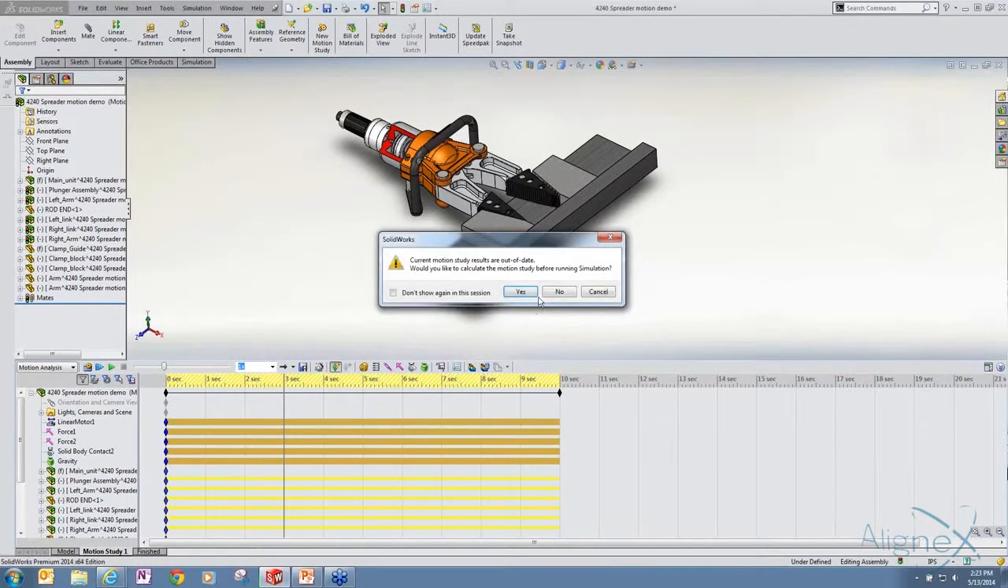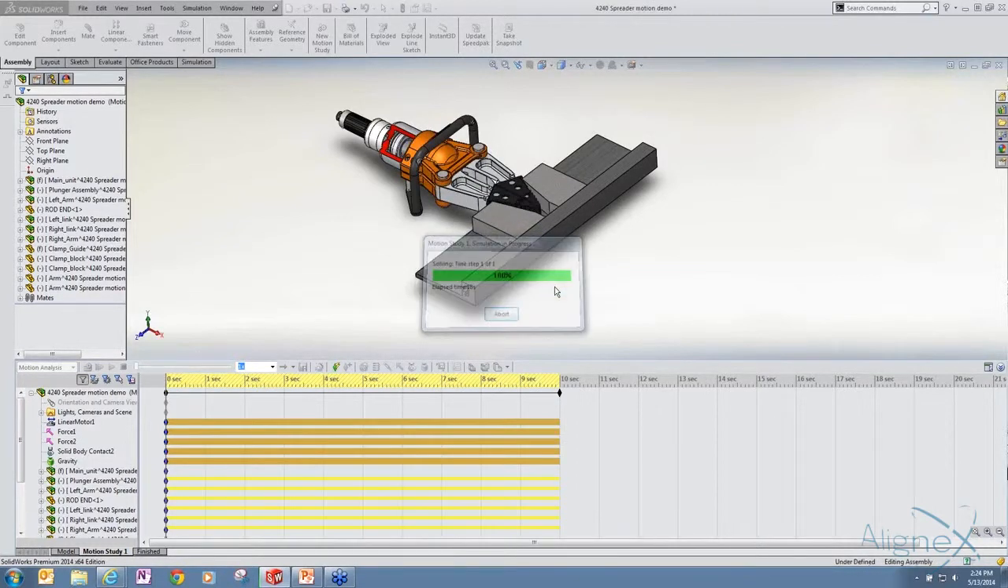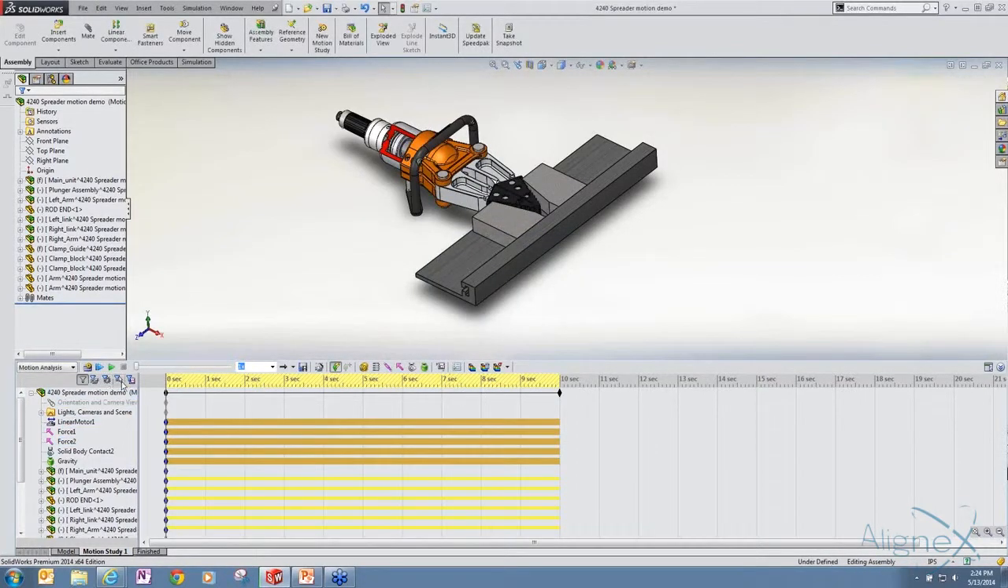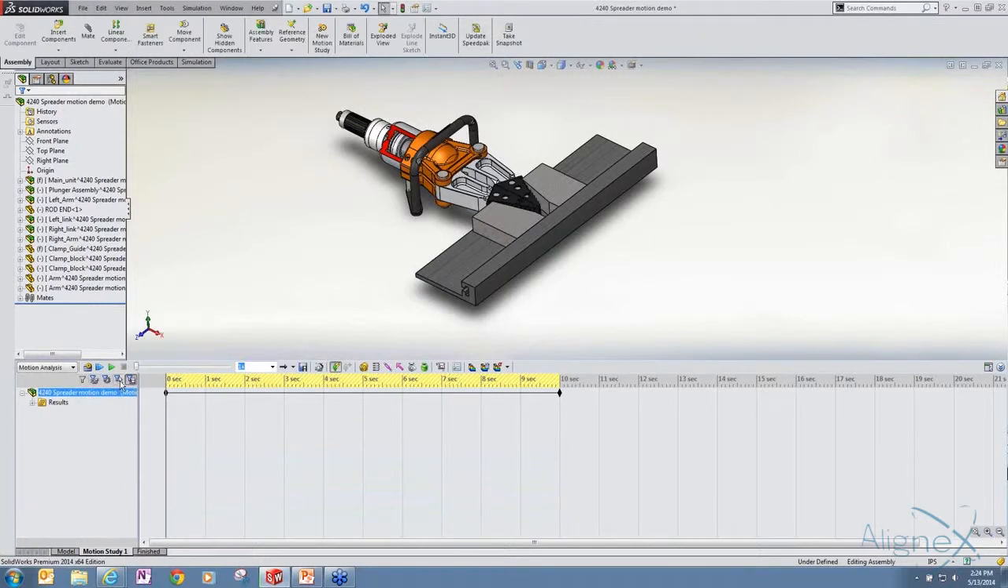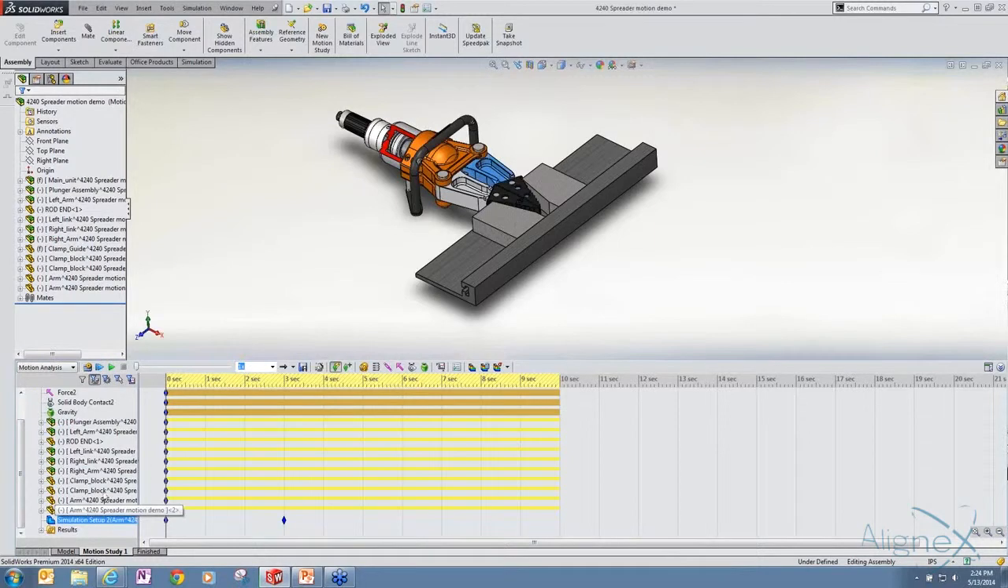Next, we click Calculate Sim Results. No, I don't want to rerun the motion study. We already have those results. And you can see that it's going to process those results and then mesh our model and run the analysis. Okay, and then again, if I filter to my results, actually we got to filter to my simulation results,